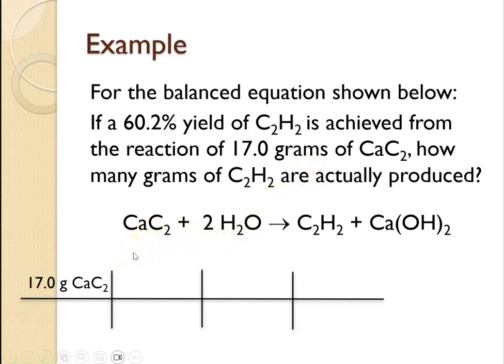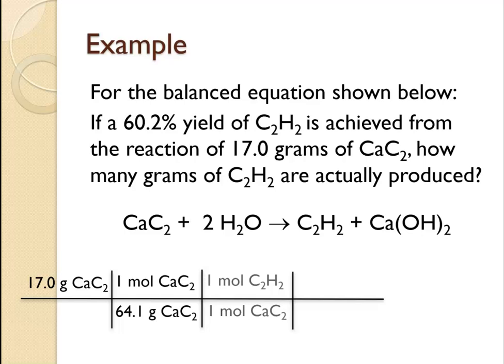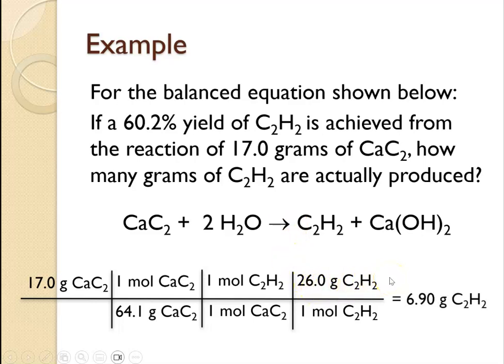We're going to divide by the molar mass of substance A, the substance we're given, which for calcium carbide is 64.1 grams. Then we're going to multiply by the mole ratio, which is 1 mole of acetylene for every 1 mole of calcium carbide. And then we're going to multiply that by the molar mass of our product, acetylene, which is 26.0 grams per mole. And we get out of that